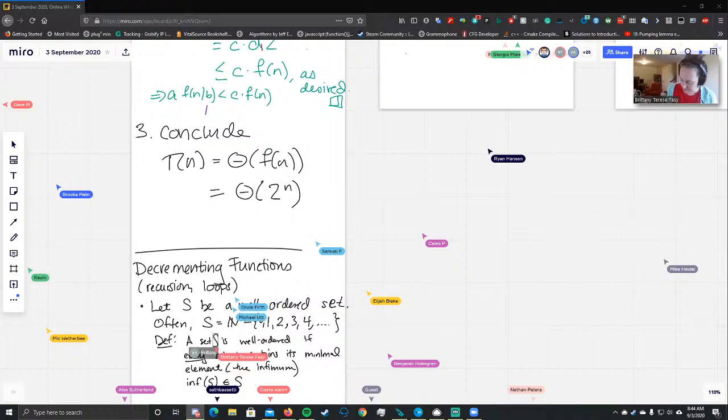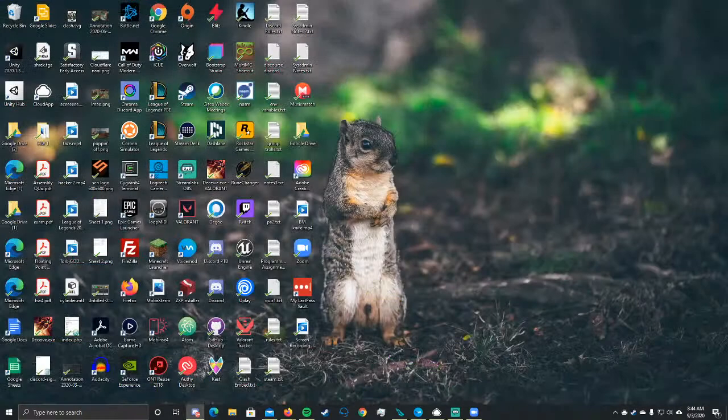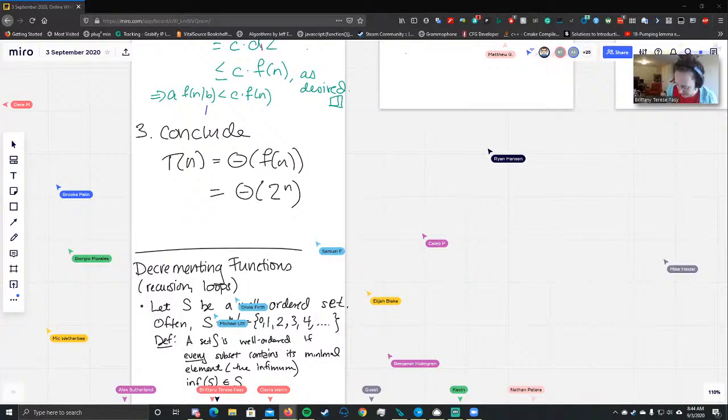An example: natural numbers. Not an example: real numbers, because the infimum of an open interval from 0 to 1 is 0, but that's not in the open interval from 0 to 1. So I'll say that, but I'm not going to write that down to avoid confusion. Okay. Then in recursion,